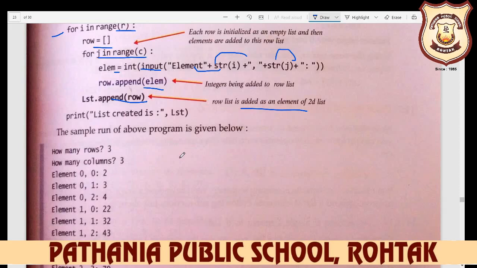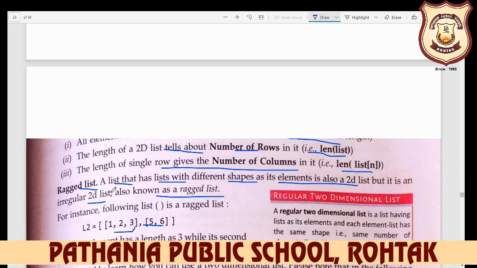The sample run of the program is element 0 0 2, element 0 1 3, then 0 2 4. So first your row is 0, then columns 0 1 2, then your next row is 1, then your columns 0 1 2 3, then next row is 2, then 0 1 2 and 3. Let's check it again above.